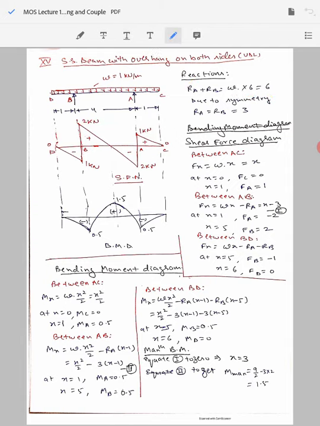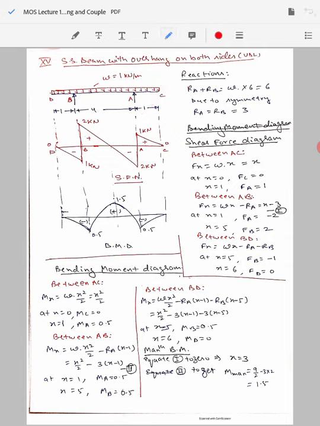Now for the shear force diagram, let's start with the span AC and assume the beam is cut anywhere between point A and C, and let's draw the free body diagram for this right hand side portion. Let's assume that the length is X from the point C. So the net load acting on this particular portion will be W into X, as W is 1, so that becomes only equal to X. When you calculate the value for the extreme ends of the span, that means for point C and point A, using this equation, you will get Fc as 0 and shear force at point A as 1 kilonewton.